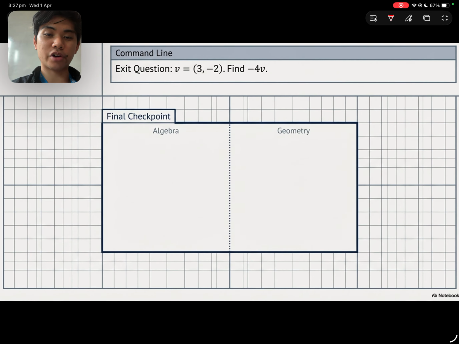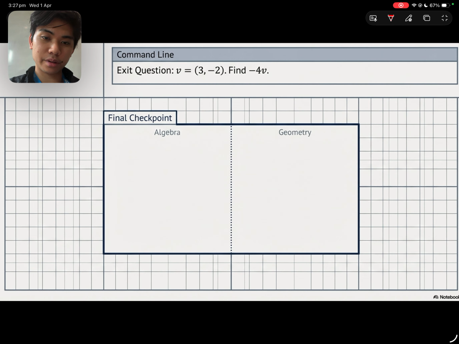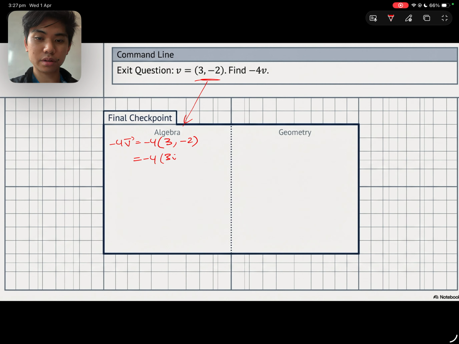So for our algebraic, let's do negative 4v is equal to negative 4, and then substitute my v in here. So 3 comma negative 2. I'm going to convert these into i and j components, because that's how we represent it algebraically. And then we're going to multiply negative 4 by each of our components, so negative 12i plus 8j. Okay,